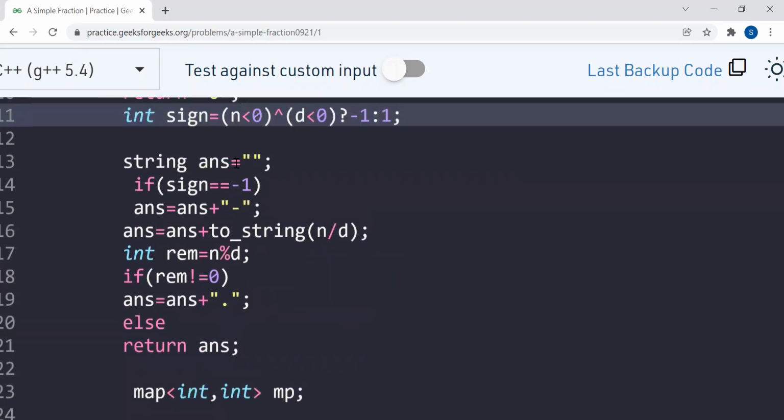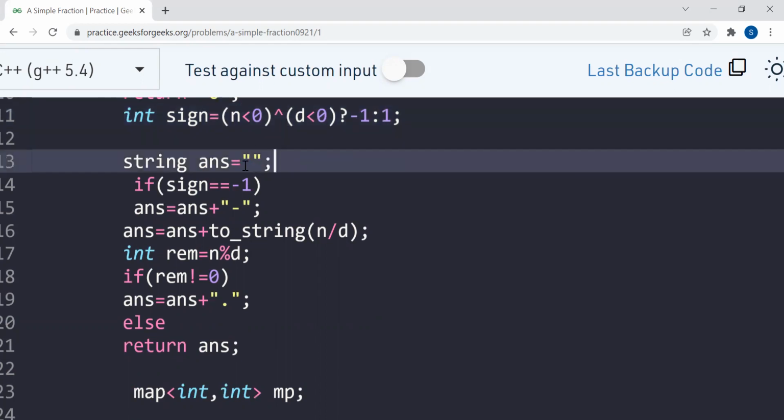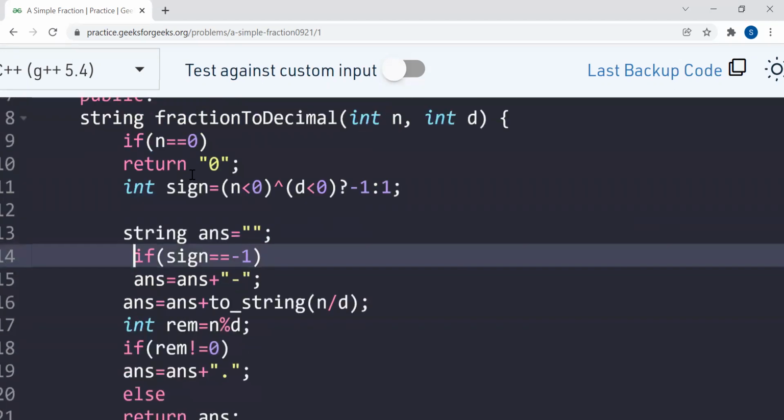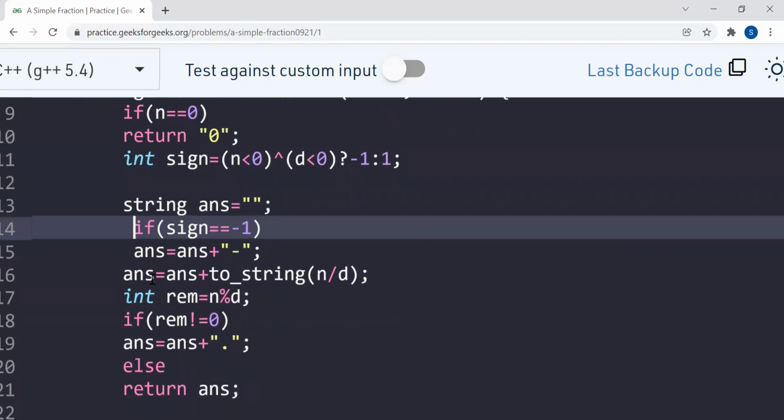And we have taken one string, ans, which will be our answer, right? So initially it is empty, and after that, if our result is negative, then we simply add a minus, a hyphen, to our resulting answer. Otherwise it will be positive, so no need to mention that.